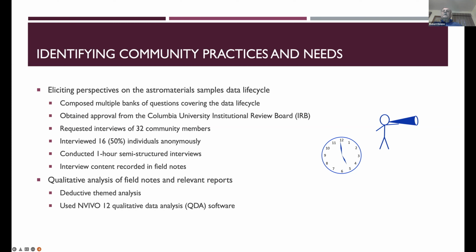And so we conducted one interview per interviewee, and we recorded the content in field notes. We're trying to keep it completely anonymous, and so the field notes are pretty generic as we're typing while they're talking. And then we're conducting qualitative analysis of these field notes along with some relevant reports, which we'll talk about a little bit. We're using deductive themed analysis to do that,